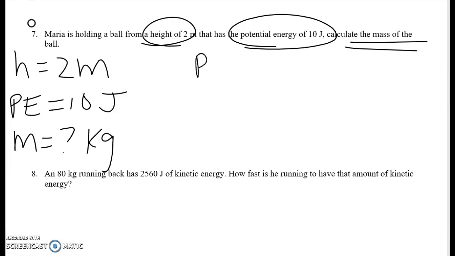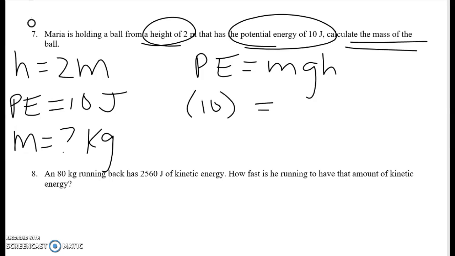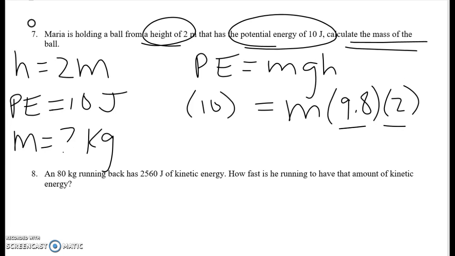So I'm going to write down my equation again for potential energy. PE equals mgh. I'm going to plug in everything I know. My potential energy is 10. My mass is my unknown, so I want to keep that variable in the problem because that's what I'm solving for. G is always 9.8, and my height is 2 meters. So I'm going to simplify as much as I can. 9.8 times 2, 19.6,